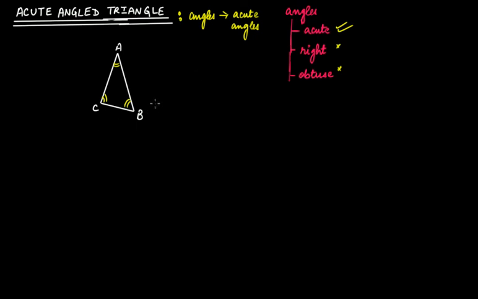If simply it's given to you that all the angles of a triangle are acute, then what kind of triangle will that be? You will straight say that, hey, such triangles will be acute angle triangles. So in an acute angle triangle, all angles will be acute angles. There will be no right angle, there will be no obtuse